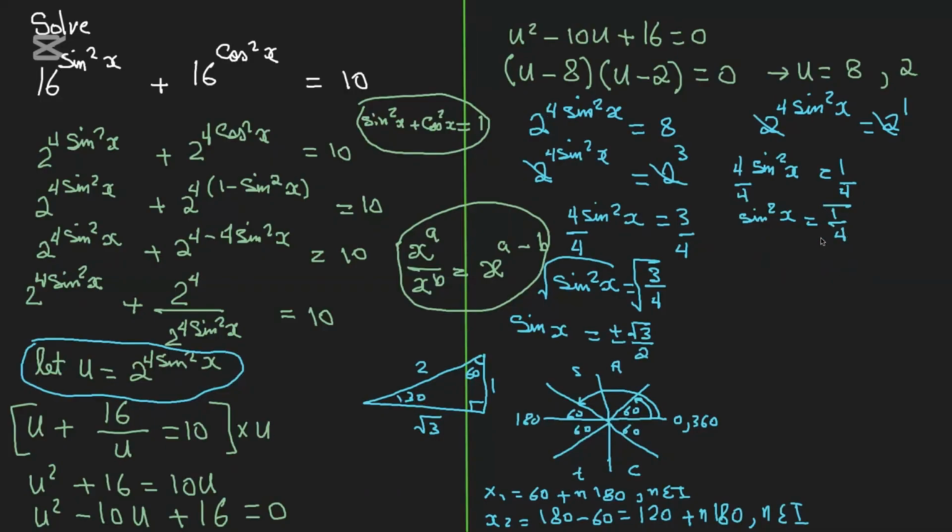Now we square root both sides, and we're going to get sine x. Don't forget, it's going to be plus or minus. Square root of 1 is 1, square root of 4 is 2. Now we do the same thing, which is doing the quadrants. 0, 180, 360. Of course, that's 90 and that's 270, but we never really use them when we're solving this kind of question